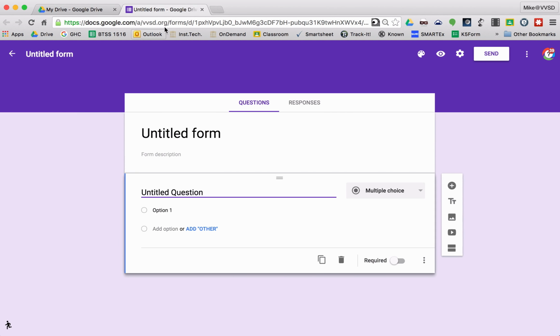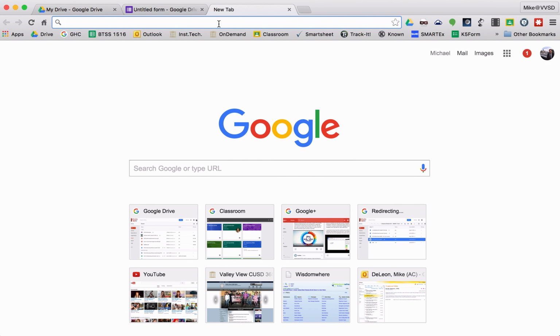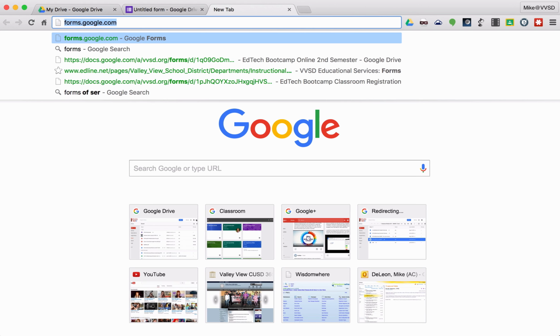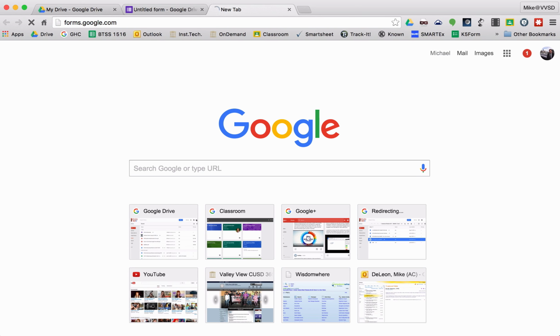The second way that we can create a new form is to go directly to the Forms page. So I opened up a new tab, and then I'm going to go directly to forms.google.com, as you see up here in the URL bar, or the Omnibox. Push Enter,